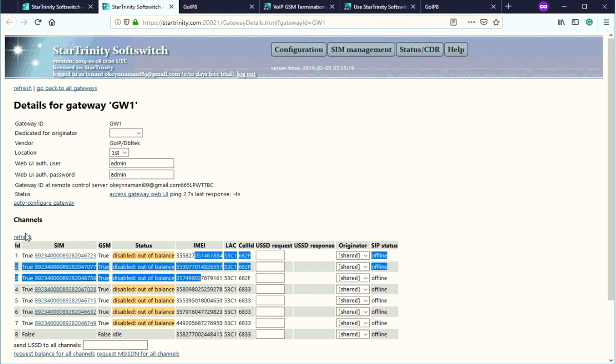Yes. So we refresh channel status. And you see online, online, online. All SIM cards, all channels must be online. Then you can select